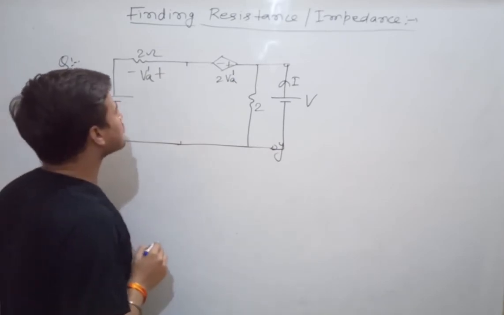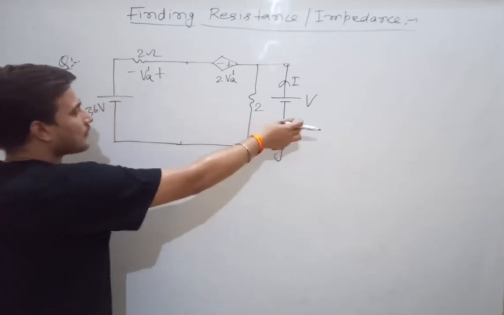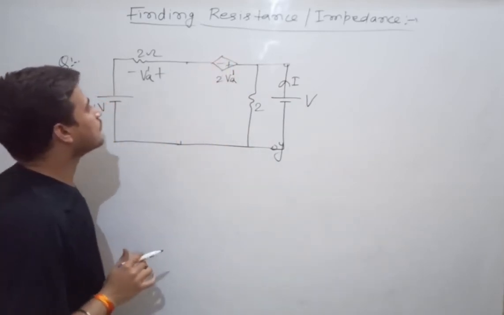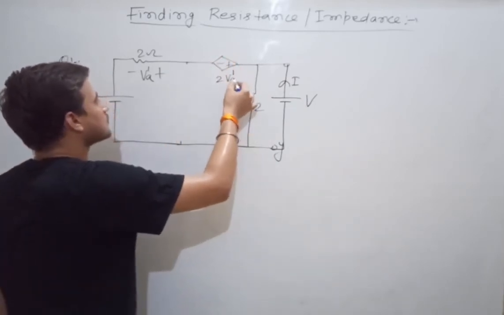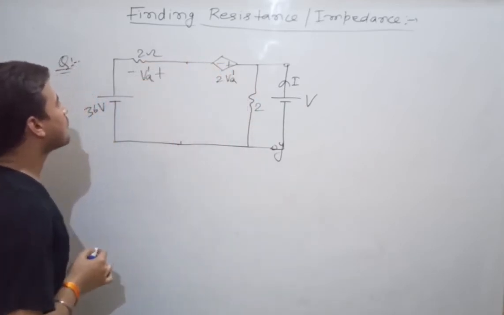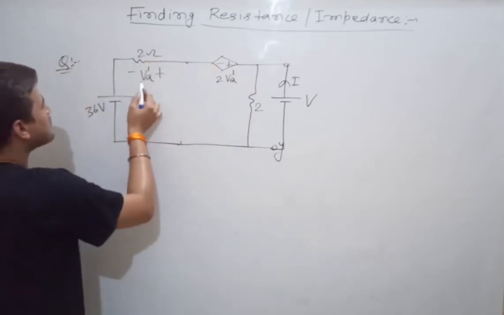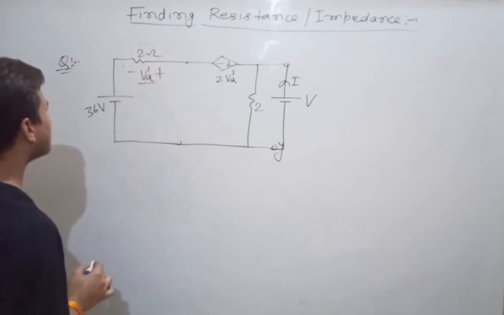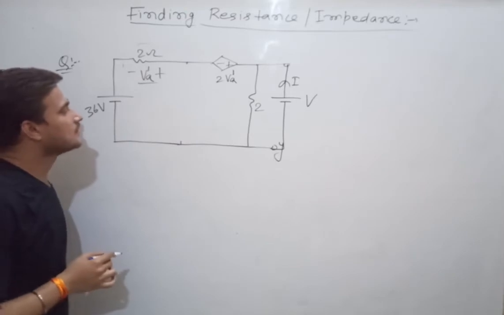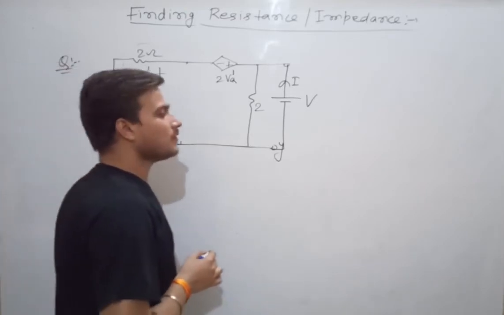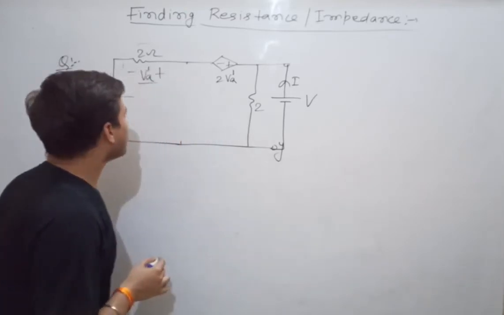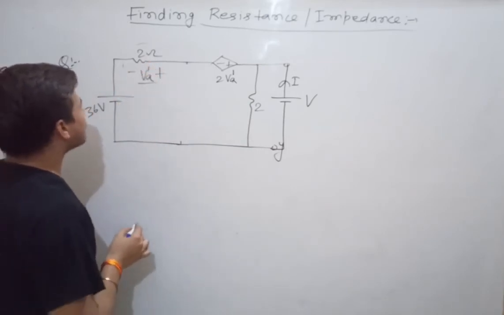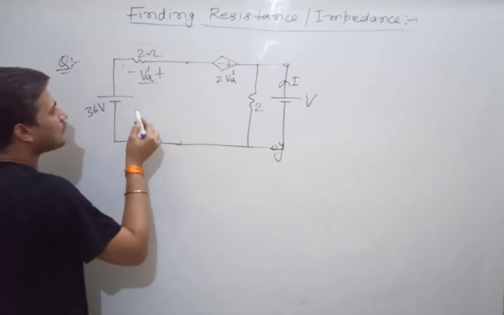Now what will you see? Since I have connected this battery, because of the dependent source, now what you have to do? Look at the magnitude of the dependent source. Look at the branch where it depends. So now we have to find the relation between voltage and current. Here you will have to apply Ohm's law. When you apply Ohm's law, what do you see?